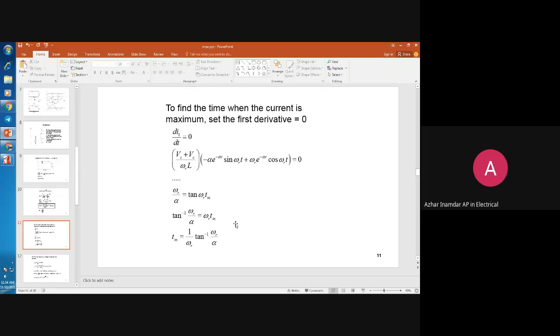Okay, the time Tm is when the current I1 becomes maximum. Okay, time T1 is nothing but when the current I1 becomes maximum. So this can be found out by using the conditions. These are the initial conditions: di1 upon dt equals 0. I have given this in the derivation itself. You can have a look here. I have explained all this, no need to explain it again. I have already solved this, and finally we have found the Tm.